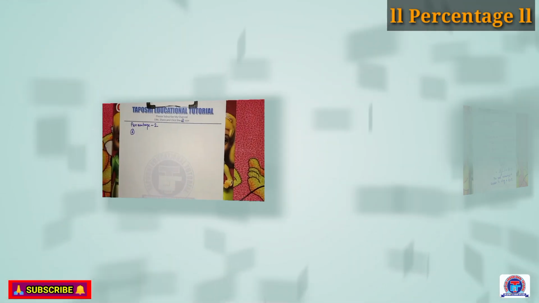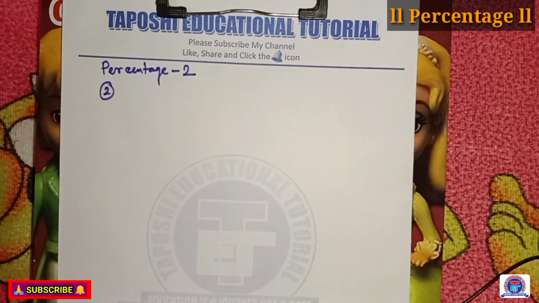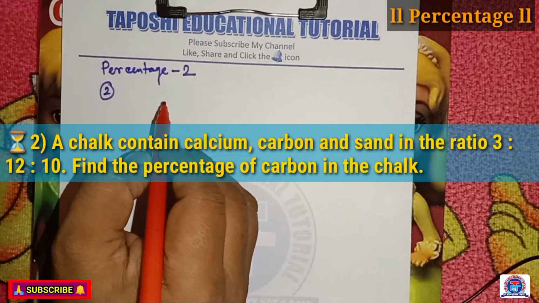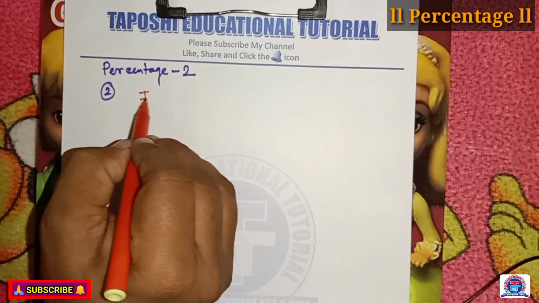Correct, dear student. Here I bring another mathematical problem: a chalk contains calcium, carbon and sand in the ratio 3:12:10. Right? Find the percentage of carbon in the chalk. Right? So here we can write in chalk,